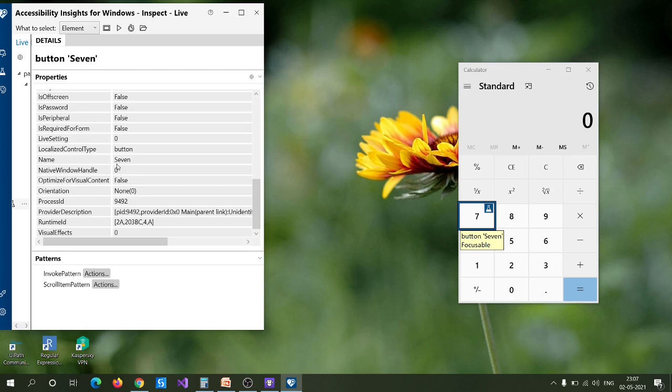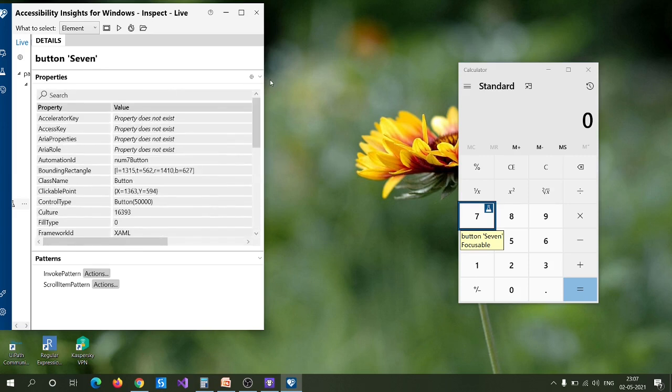If you change the language settings, the name will automatically change, so it's not a reliable locator for us. Otherwise the best locator should be, I think, the automation ID. It is always preferred to use the automation ID as a locator rather than the name. I think you got the reason why.